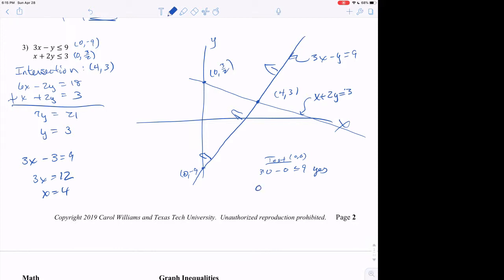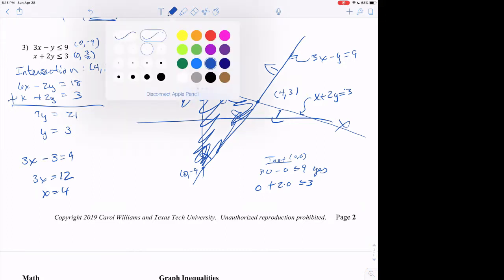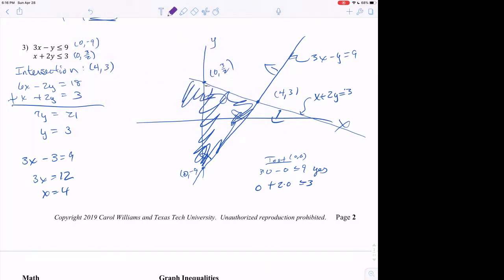If I do it into the second line, 0, so everything goes this way. So where I'm going is this way. Can I assume that it's just this region? So can I assume that it's just this region? No, because, yikes, didn't want to do that. I cannot assume that because